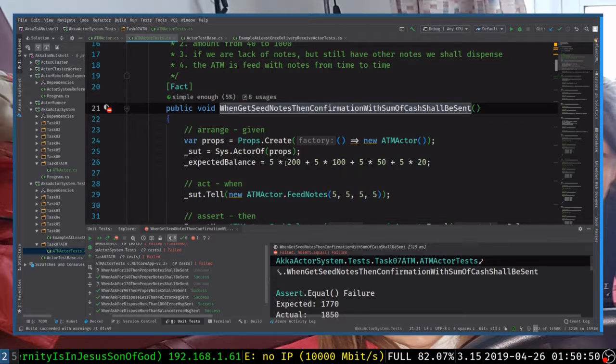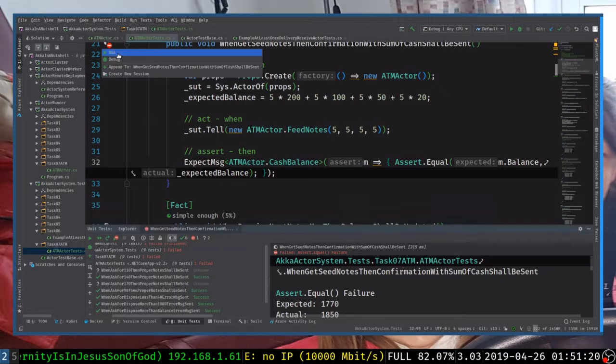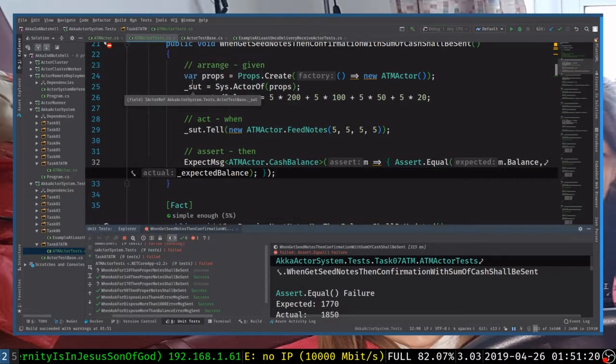So this is 1,000, 1,500, 1,750, 850. So expected. Okay, so let us validate the test fixed to avoid having a phantom or